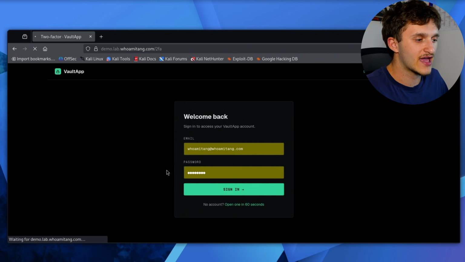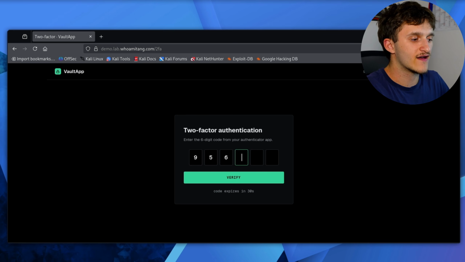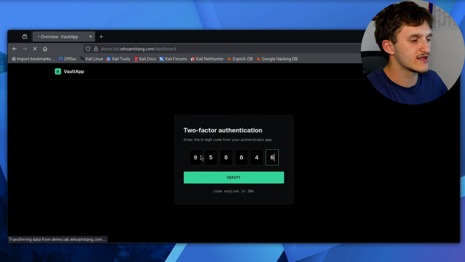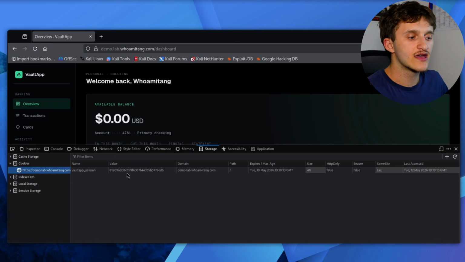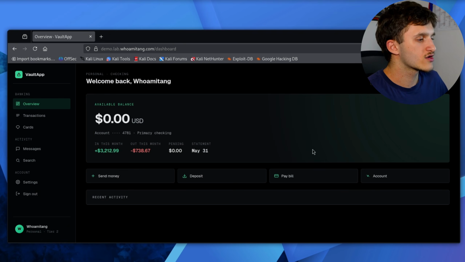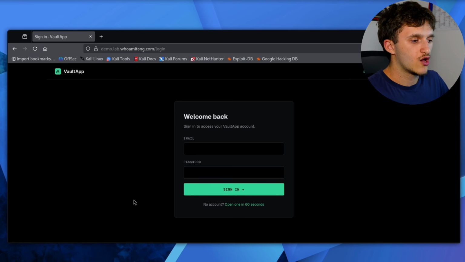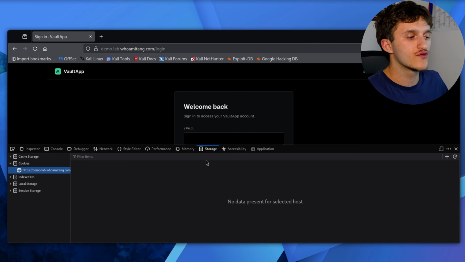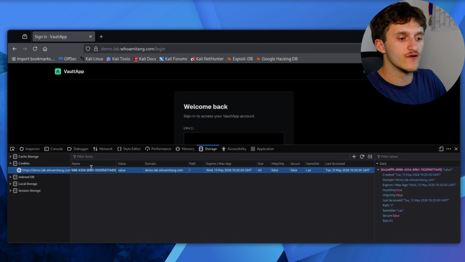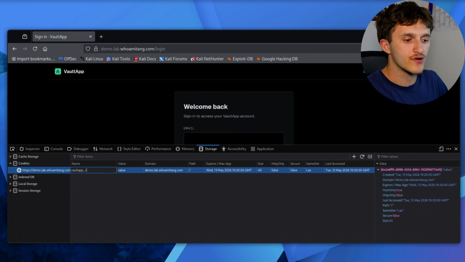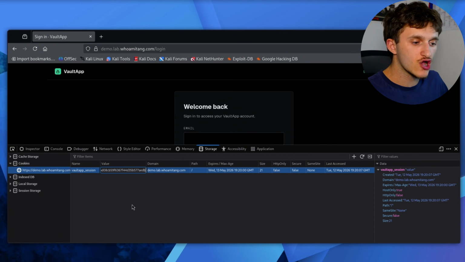I click sign in again, type in my 2FA code again, 956646, click verify, then go back to our storage, inside our cookies, then I'm gonna copy this value. Close it, and then I'm gonna sign out, open developer tools again, go to the storage tab, and then add a cookie ourselves, name it vault